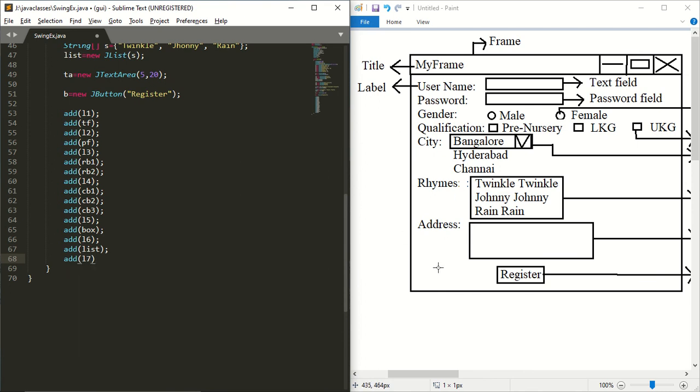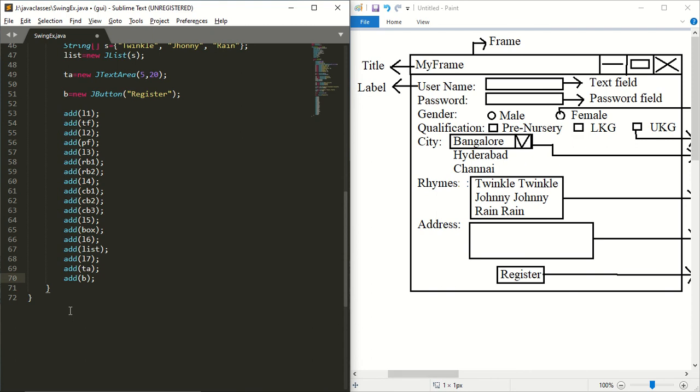L7. Next we should add this text area, TA. So next we should add this button, add of B. Okay, yes, we have added all the components into this frame.